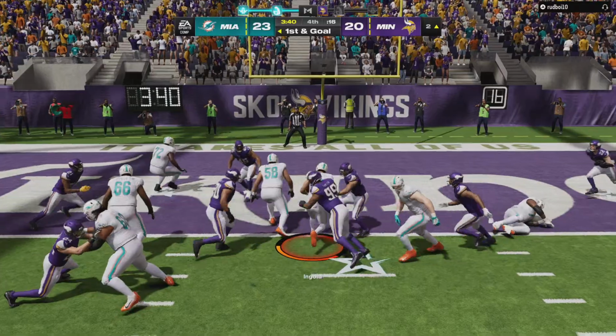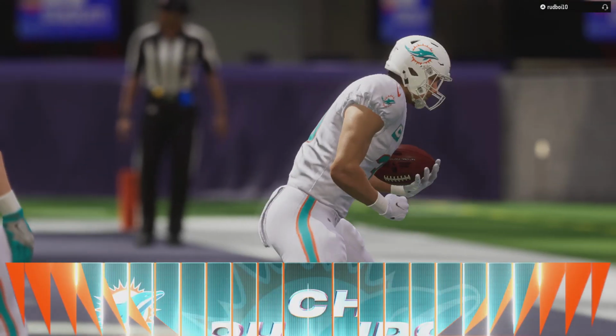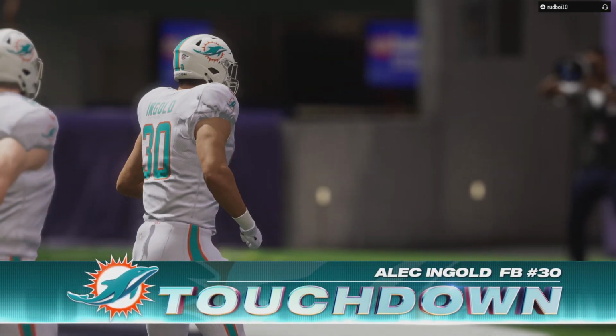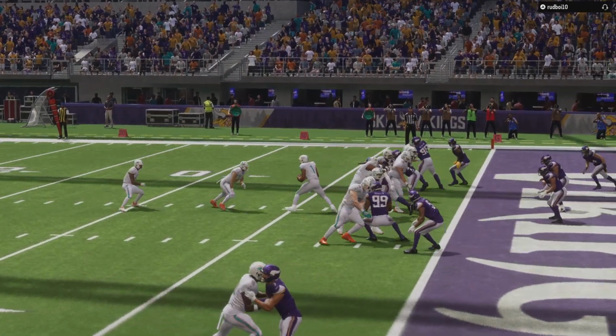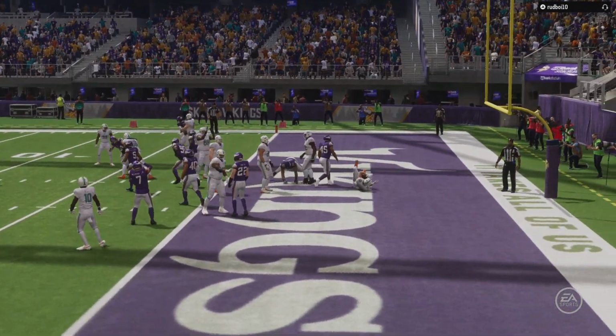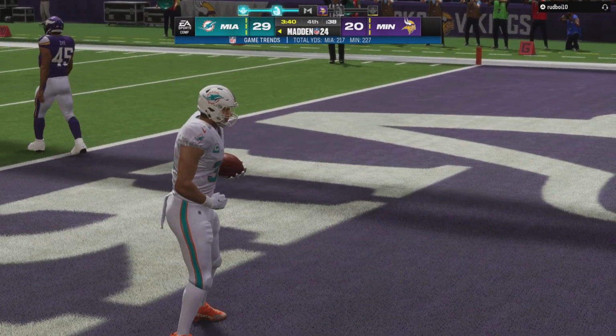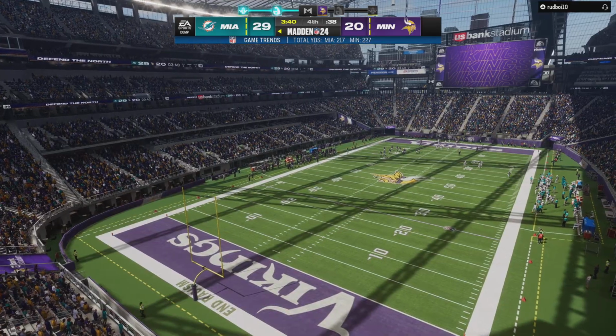And they'll turn to the power game to try to get in. And he takes it into the end zone for the Dolphin touchdown. Alec Ingold taking it in from 2 yards out. And the Dolphins get an important score there to extend their lead here in this fourth quarter. We talk so often about how